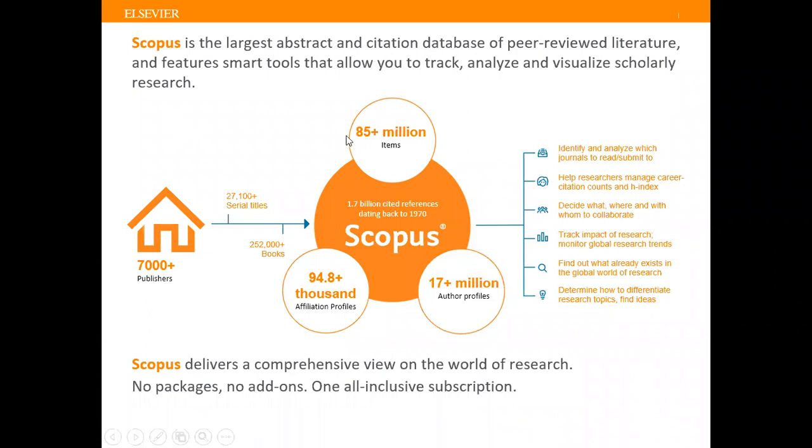But in Scopus, we index the abstracts from about 7,000 different publishers across 105 countries. So if you search literature in Scopus, you not only can find literature from ScienceDirect, you also can find